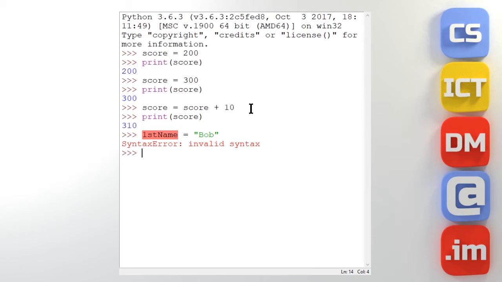Now, what that means is we've not followed the rules of the language. And one of the rules of Python is that you can't call a variable anything that begins with a number. So you've got to use letters. You can use numbers in the name, but you can't start the name of your variable with a number. So, okay, so let's use the word first and name. So let's call it first name equals Bob,